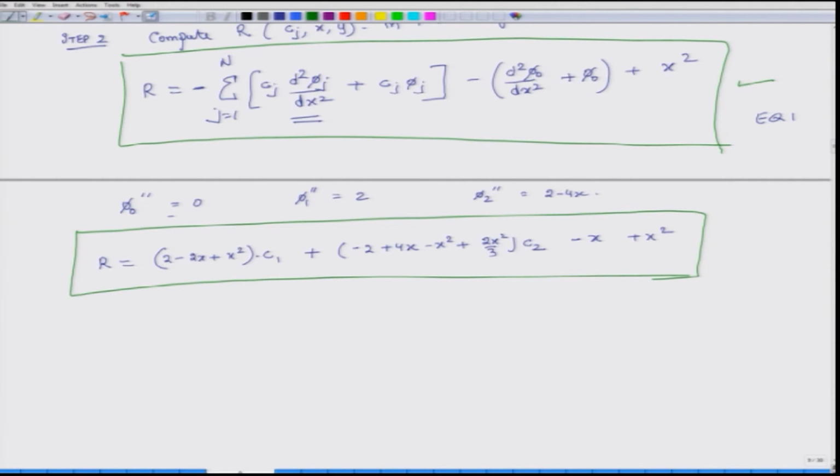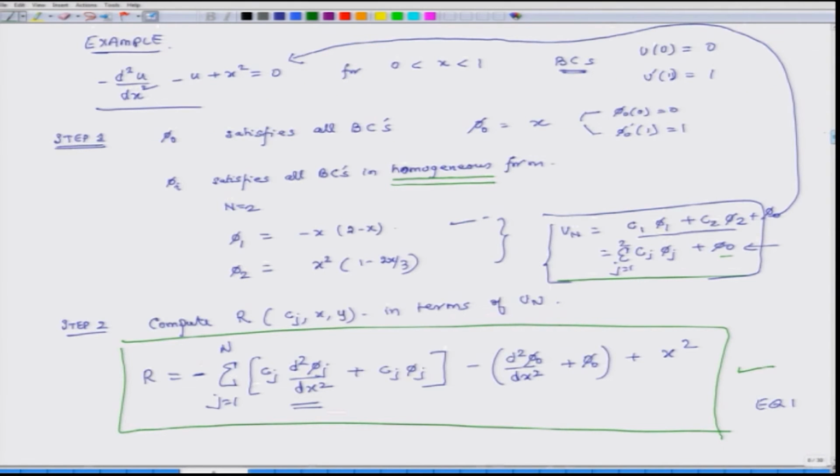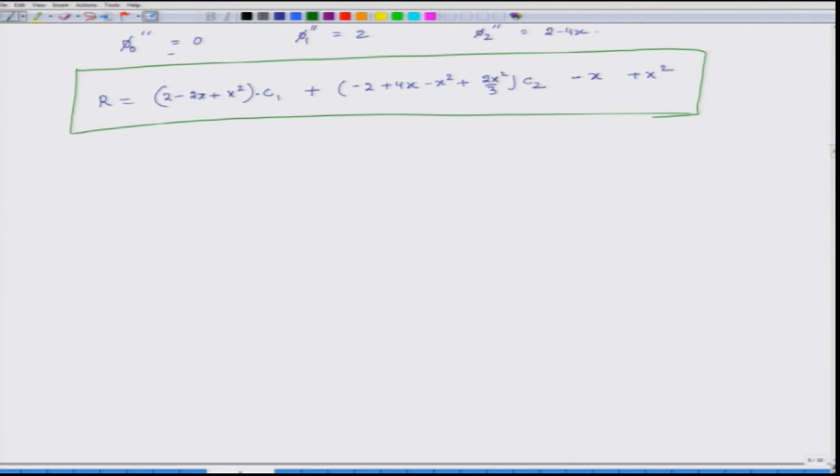Okay. And what is my goal? I have to find C1 and C2. If I know C1 and C2, then I can calculate u at all locations in my domain using this relation. So, my problem right now is that I do not know C1 and C2. So, to find C1 and C2 now we will apply different weighted residual methods, okay. And for different residual methods we have to make different choices of weight functions. So, our first method is Petrov-Galerkin.